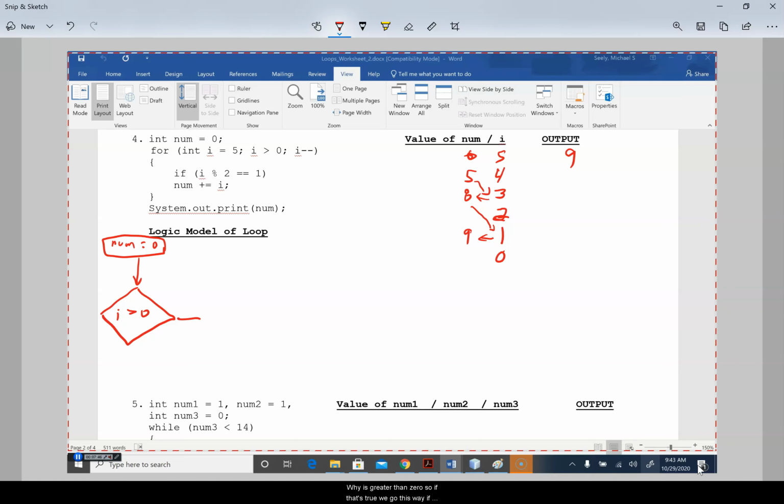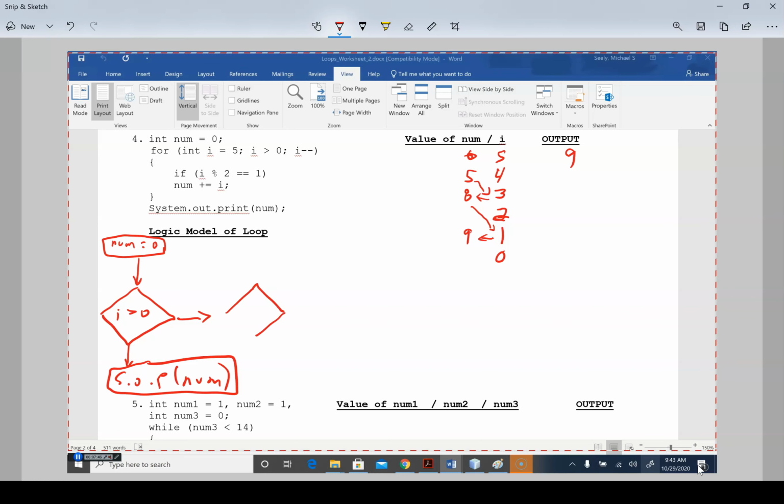So if that's true, we go this way. If it's false, we come down here and do the S.O.P. num, which prints the num. But if it's true, then we got to do ourselves an if statement where we got